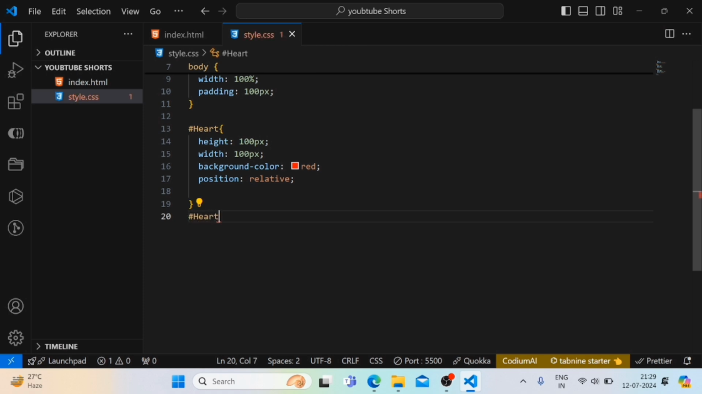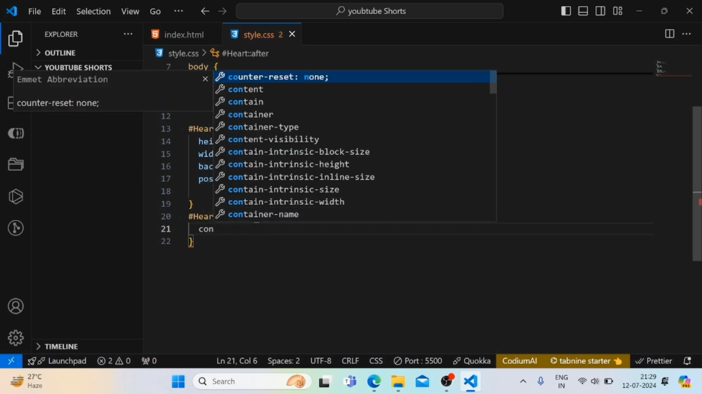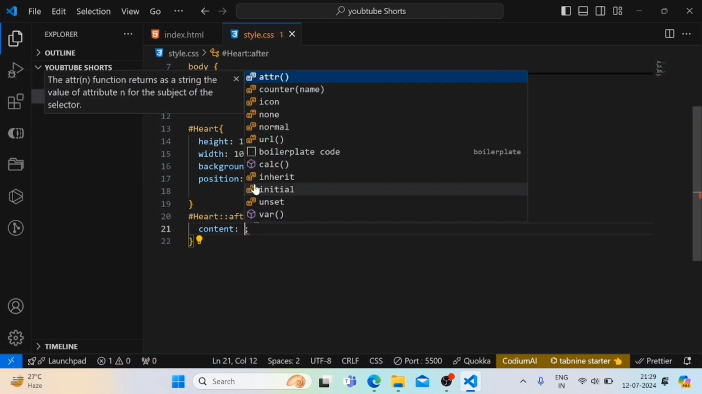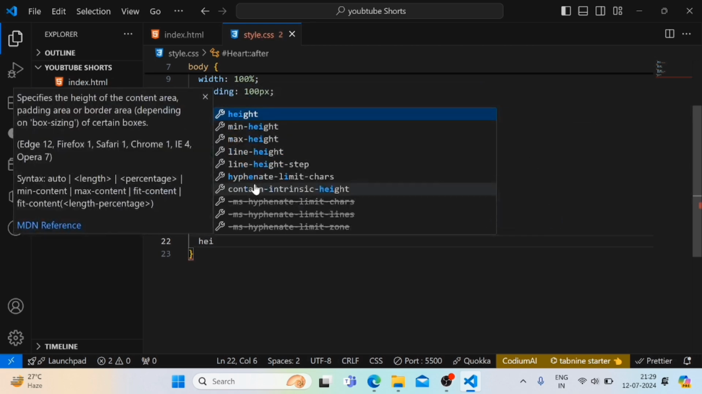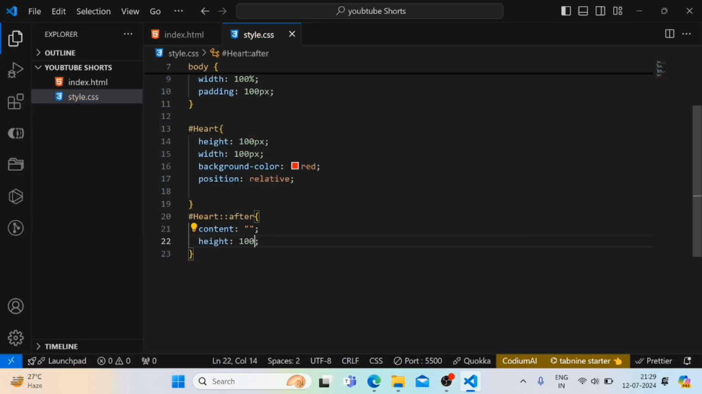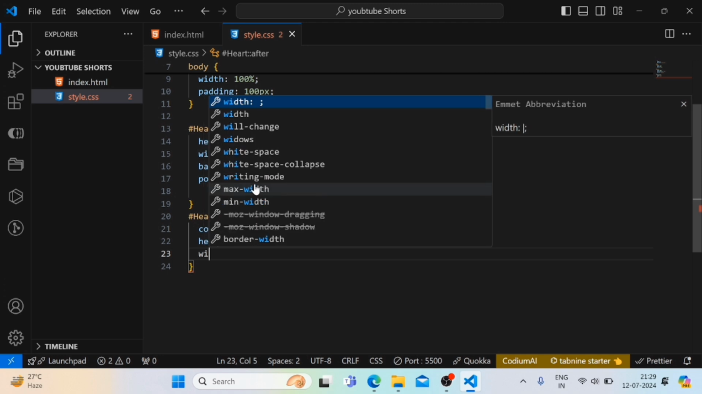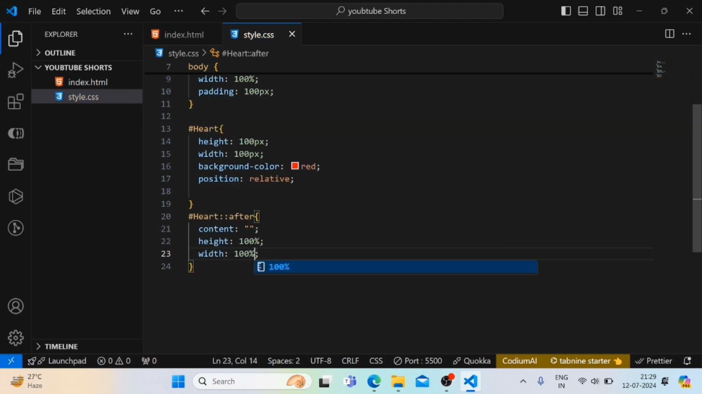and here we will give one pseudo element. So let's give here after, and here we will give the content. Let's keep it empty, and here we will give height 100%, width 100%,